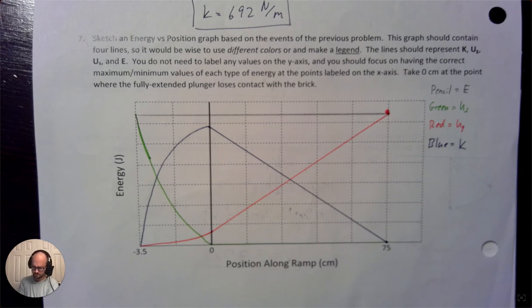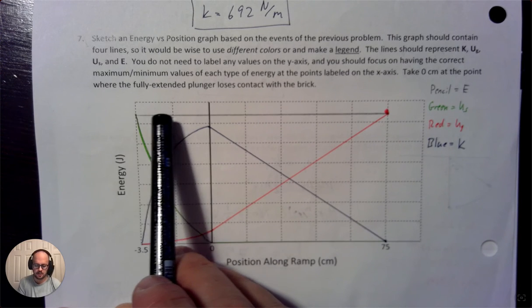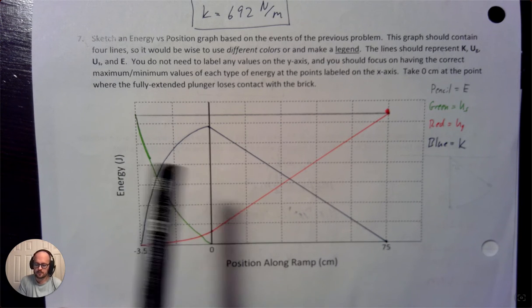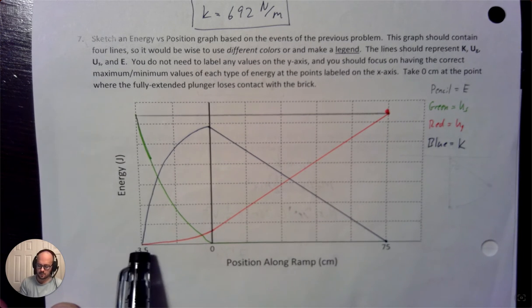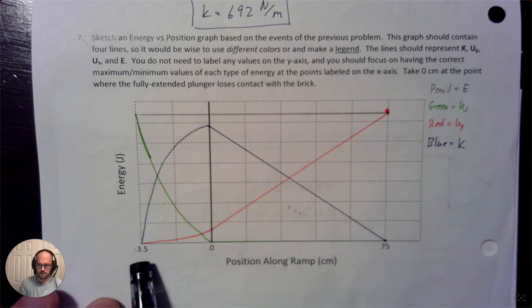So the first thing to talk about, even before we do anything, is to say that the point of this worksheet was conservation of energy. And so that means that the mechanical energy is constant. So I drew mine in pencil. And so the mechanical energy is going to be the same value for the entire event. So it's a flat line no matter what. One thing that a lot of people don't understand is that you need to use the entire graph for your lines, because this negative 3.5 up here